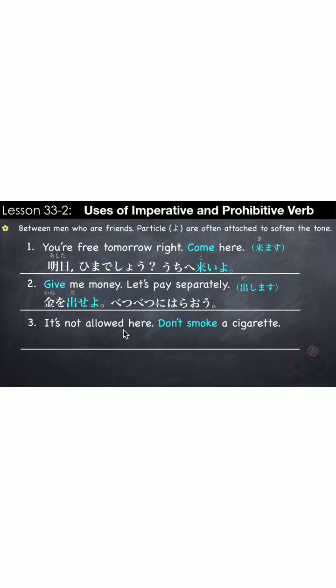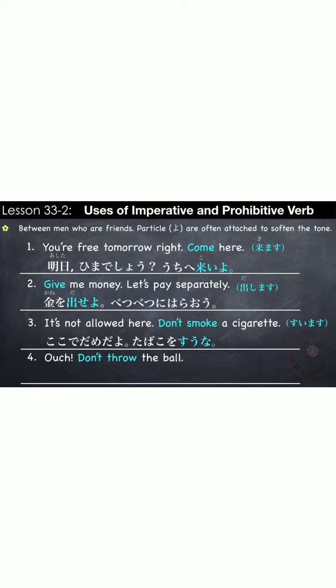Next example is a prohibitive sentence. It's not allowed here. Don't smoke a cigarette. Our verb is 吸います, which is to smoke. ここでダメだよ. It's not allowed here. タバコを吸うな。ここでダメだよ。タバコを吸うな。